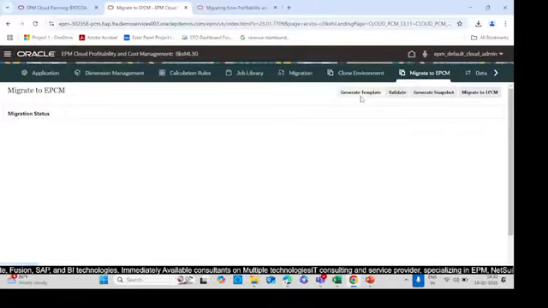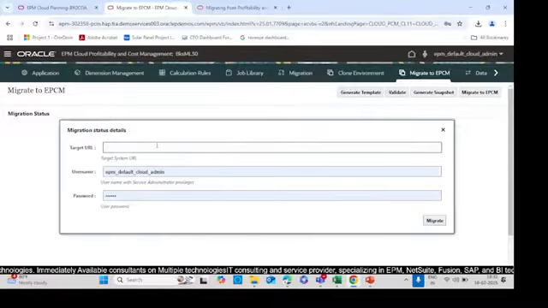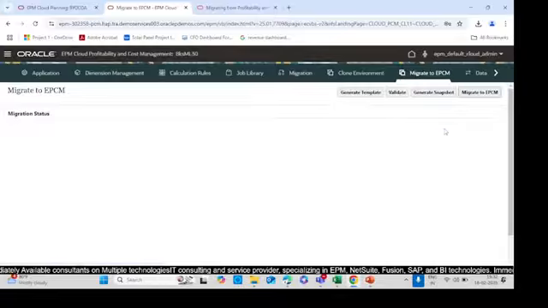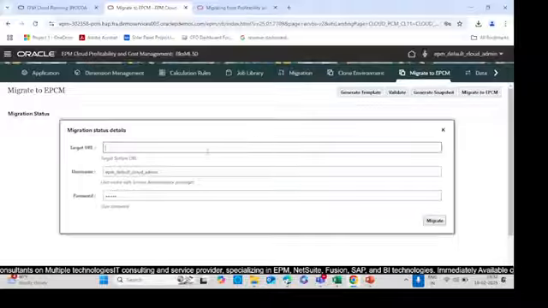From here you can generate a template, validate, generate a snapshot, and directly click on migrate to EPCM. So you just need to enter your target URL, username and password, and then you can easily migrate this. You only need three things: URL, username and password. Right now I am not having any application for this. You can just use it whenever you want to migrate, but this is an option for how you can migrate to EPCM,